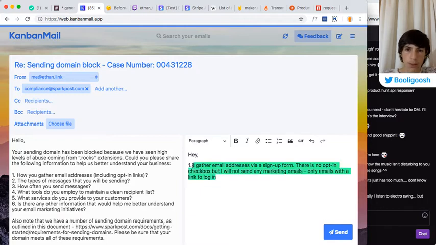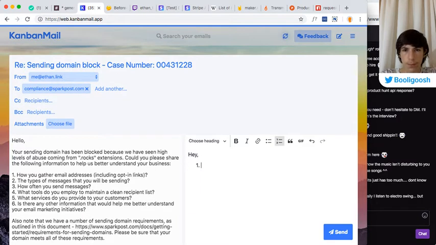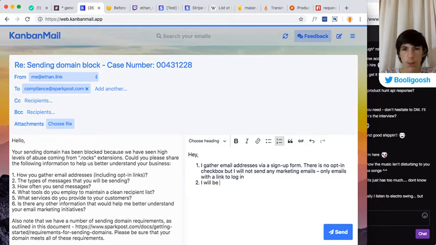Okay, let's do this in a list. I will be sending messages with a link to log into the web app only when they log in.